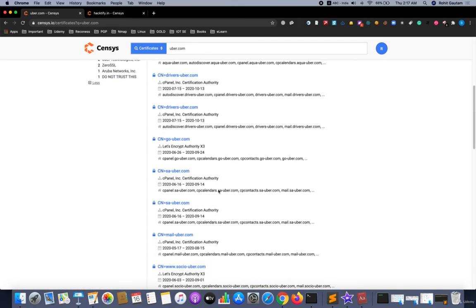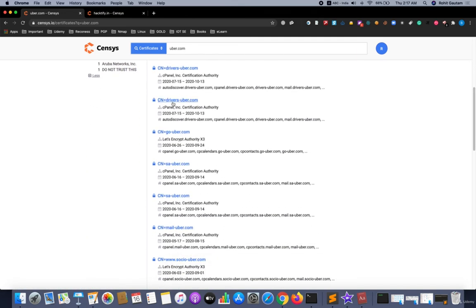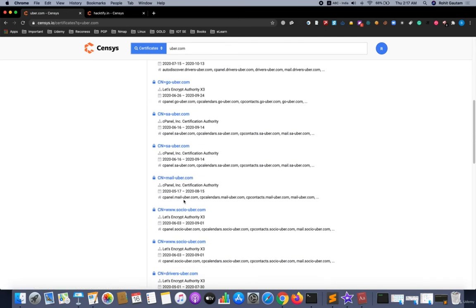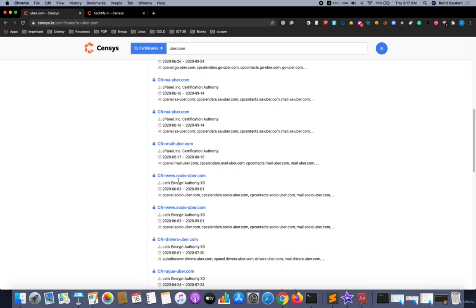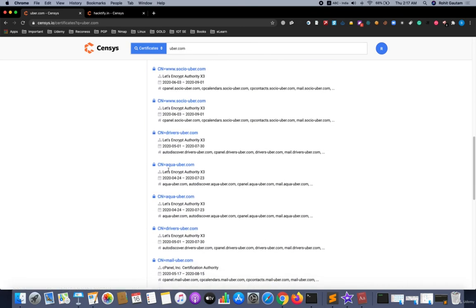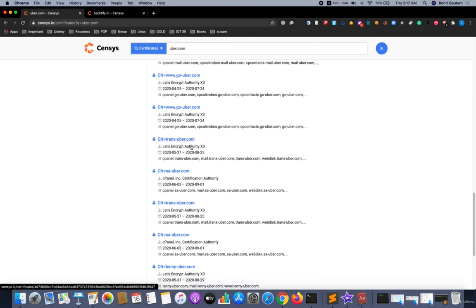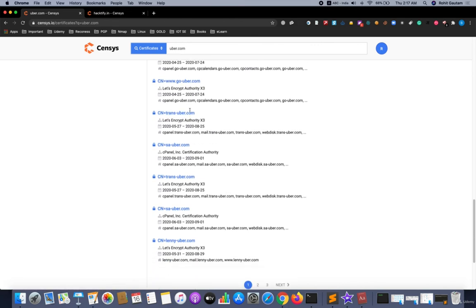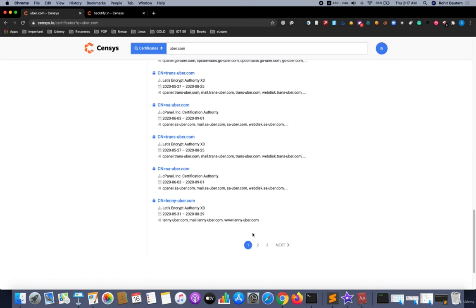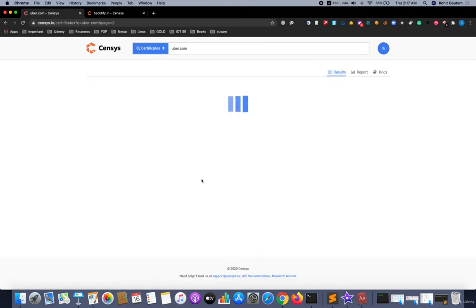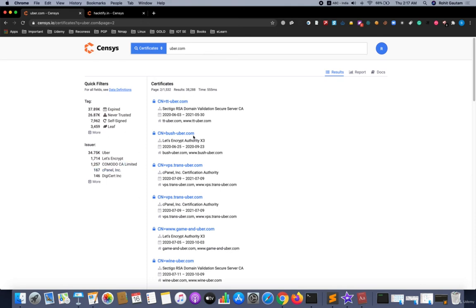All right, so you can see over here drivers-uber.com, go-uber, sa-uber, mail uber, socio-uber, aqua, mail again, trans-uber, www.go-uber, lenny-uber.com, and you can go on to the next pages and see the number of certificates given to the domains and the number of domains.